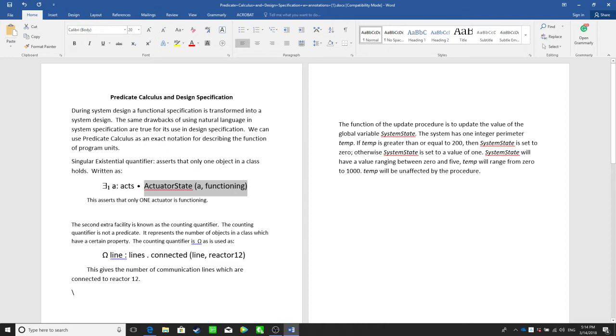Okay, and if it's just the existential quantifier, it's going to be: there exists an accurator whose state is functioning. But here, if we add this one, it's going to be: only one accurator is functioning. Okay, can you tell the difference? You can tell the difference, right? One is there exists an accurator which is functioning,